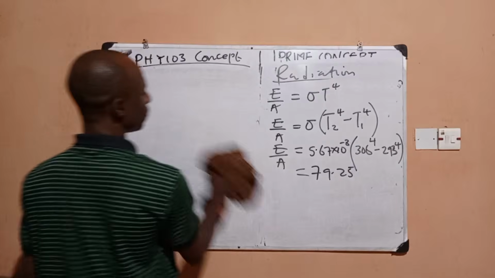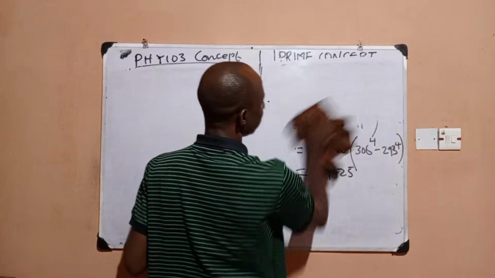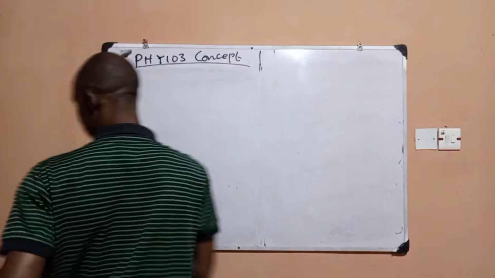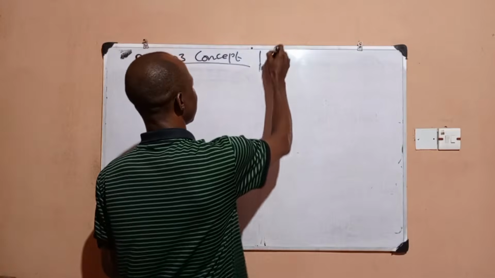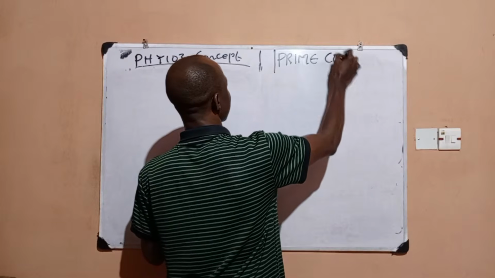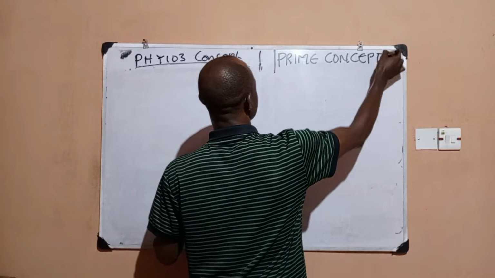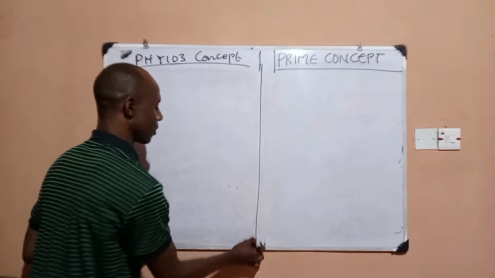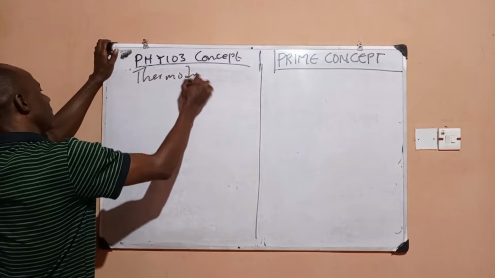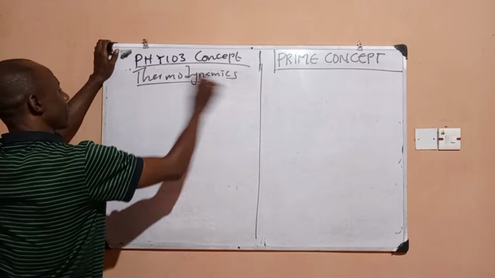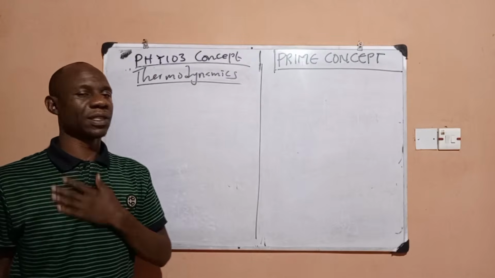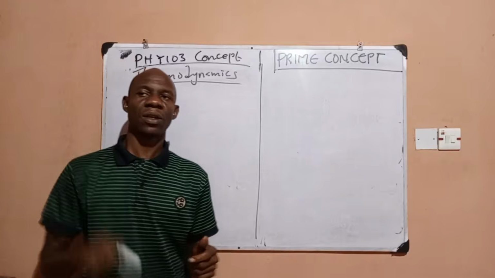All it means is that most of you are not following our class. If you have been following us consistently, I've done thermodynamics when we looked at Chem 101. I did thermodynamics there. So it means some of you here did not follow the Chem 101 class. So, alright. Thermodynamics. I'm going to summarize thermodynamics. It's even easier for me to teach than heat capacity. Heat capacity is a bit long.